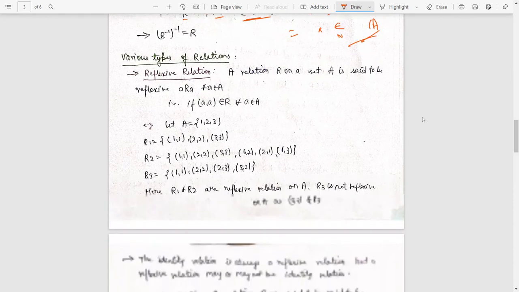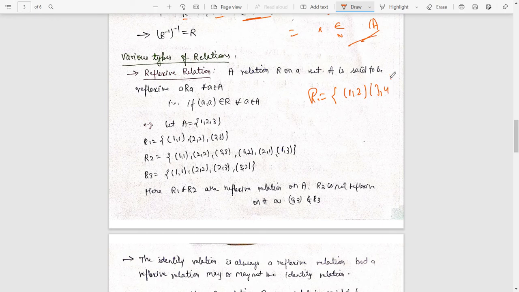So obviously, let's say there is a particular relation R1 from any two particular sets, something like 1 comma 2, 3 comma 4. If you just want to find R1 inverse in that case, what you need to do is just reverse the elements. So 1 comma 2 becomes 2 comma 1, and 3 comma 4 becomes 4 comma 3. This particular term is now termed the inverse of relation R1.